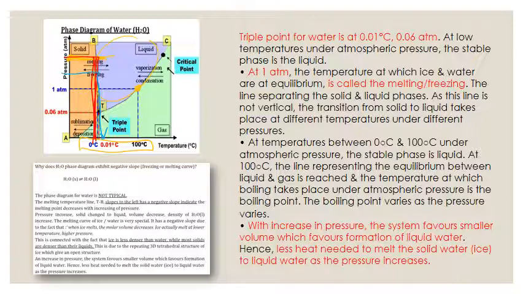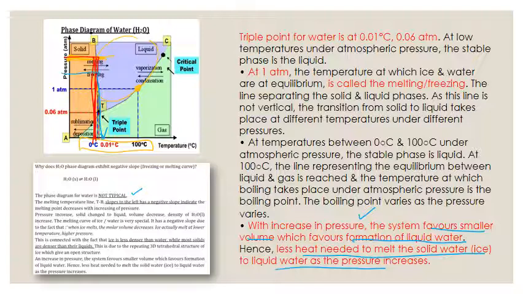So with increase in pressure, our system will favor smaller volume. So it will favor formation of liquid water. Less heat is needed to melt the solid or ice to liquid as the pressure increases. So a question often asked is, why does the H2O phase diagram exhibit a negative slope? Or we say its freezing or melting curve is slanted to the left. So the phase diagram for water is not typical, because of the anomalous behavior